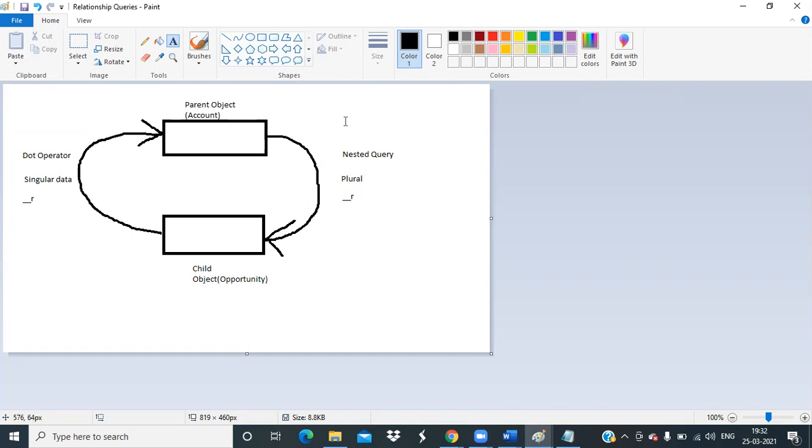Actually, I've just started the development. This SOQL is the first concept I cover in the development part. I've talked about the basic queries first. Then in the last class I started the relationship query for the standard objects, and now we are discussing the relationship query in custom object.